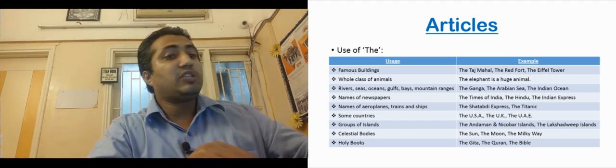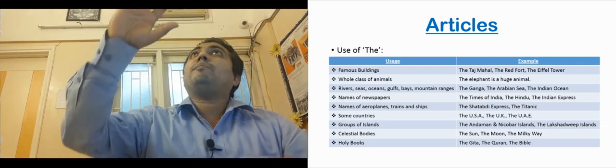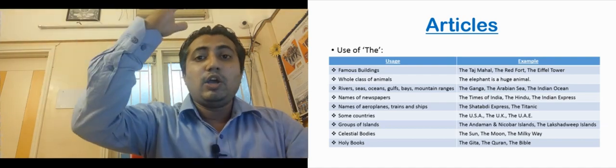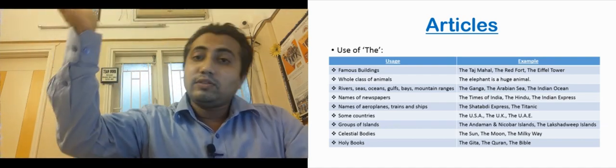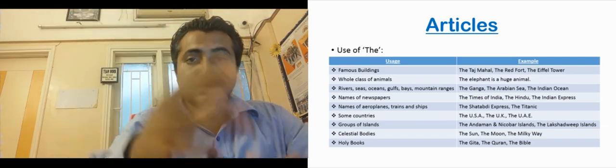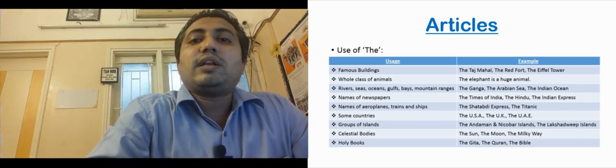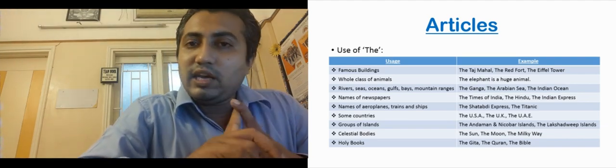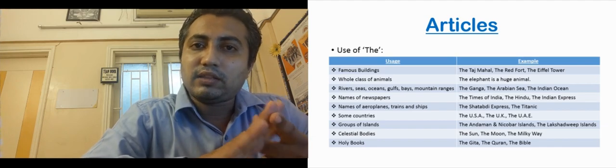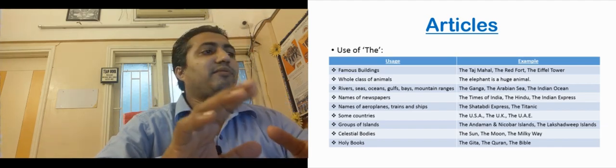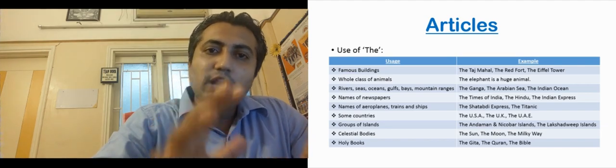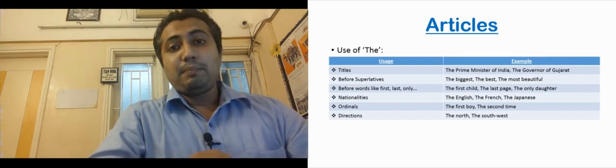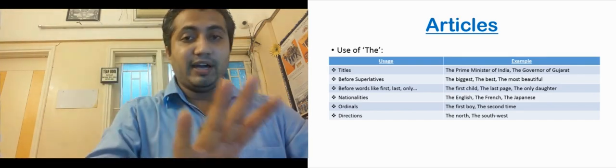Okay, then celestial bodies. Celestial bodies means bodies which are in the sky: sun, moon, star, Jupiter, Mars. The sun, the moon, the Jupiter, the Mars, the earth. So these celestial bodies का नाम के आगे भी we will use the. Okay, then holy books, the Gita, the Ramayana, the Mahabharata, the Quran, the Bible. So before the names of the holy books also we will use the. Okay, then there are some more titles. Prime Minister of India, the Prime Minister of India, the